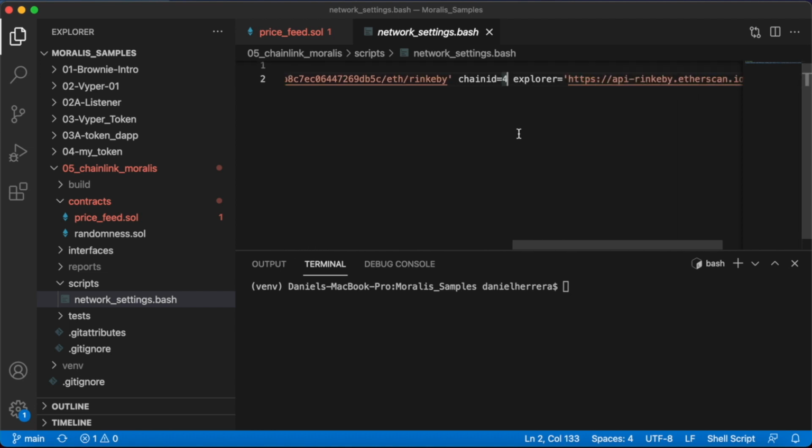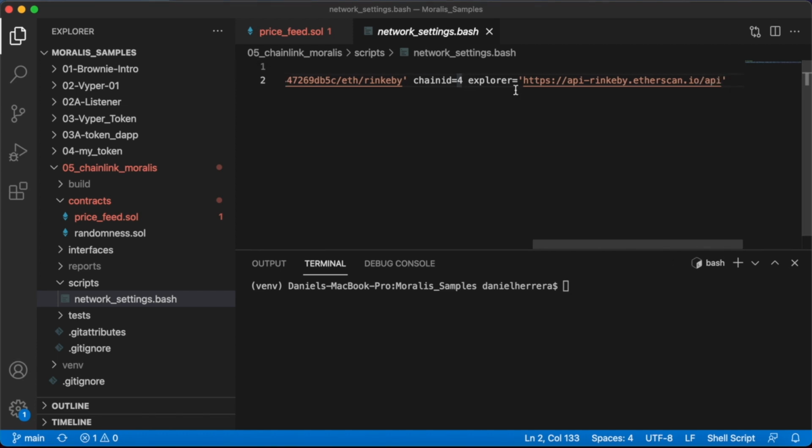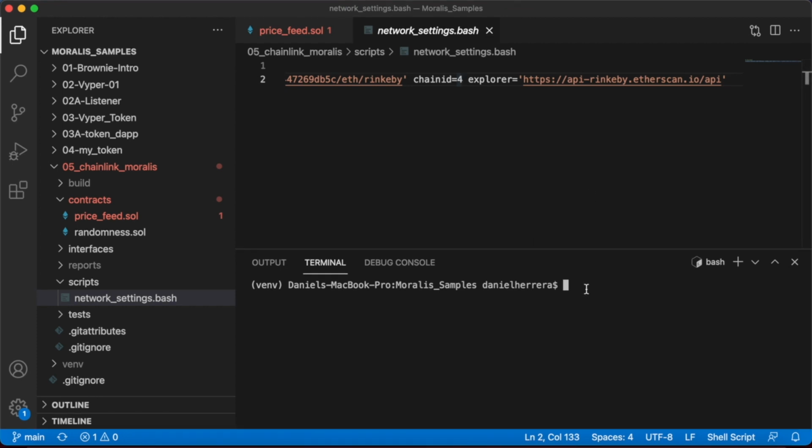You have to add the chain ID, that for Rinkeby is 4, and if you want, this is totally optional, you can add an explorer, which is something related to Etherscan to get the APIs in real time. Note that you will have access when you do brownie networks list